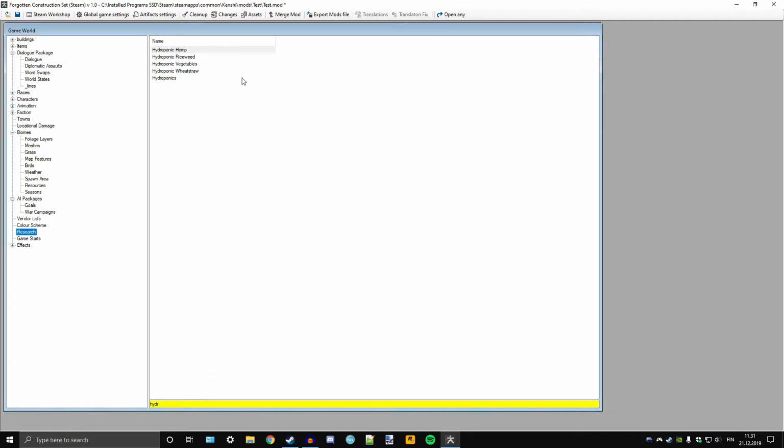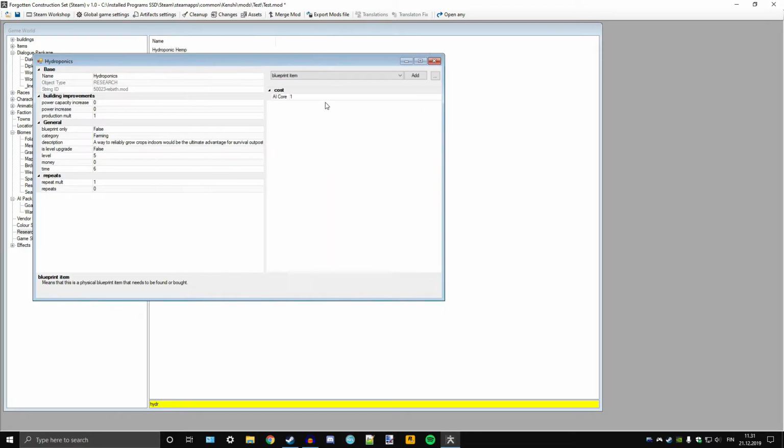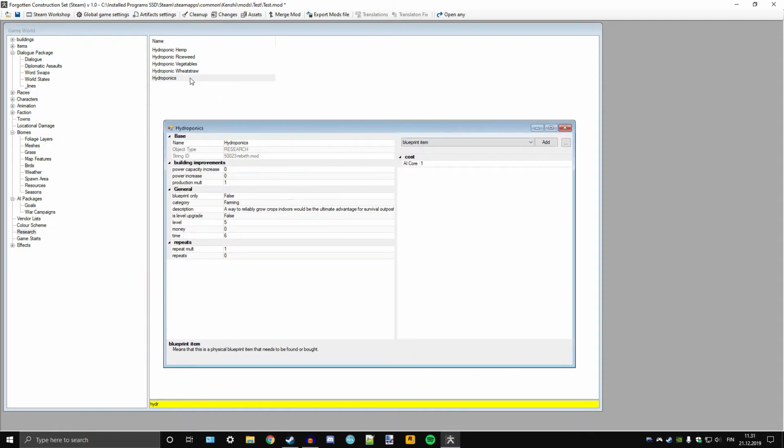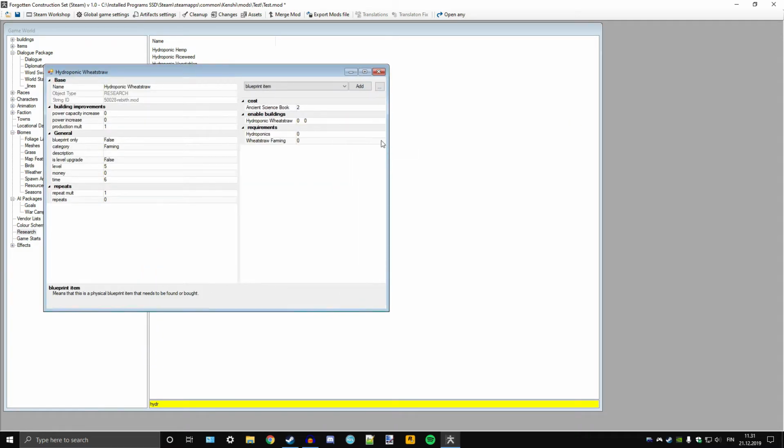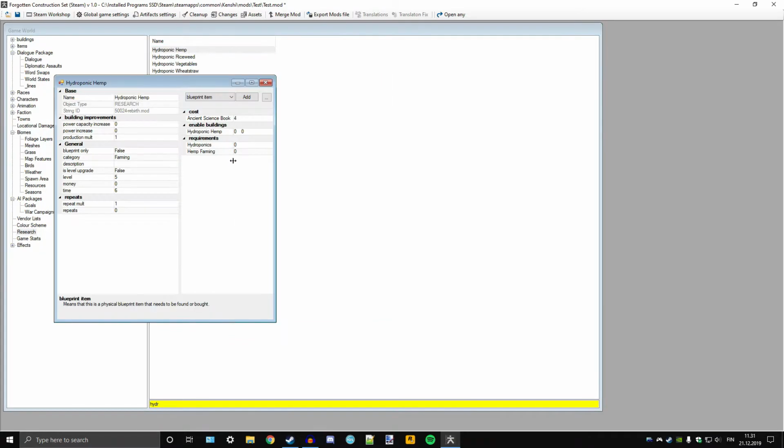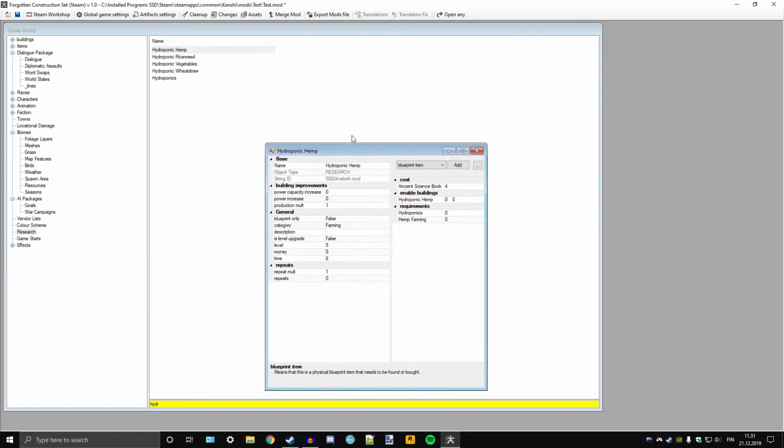if, let's say hydroponic hemp would not be a thing, you go to hydroponics, and for some reason it works like this. So it requires that you know hydroponics. You can do it, I think, the other way around as well, so that this will enable all of these things. It doesn't matter which way you do it, because the result is the same. It's a bit similar with, there's like, the NPC is not command, and then an NPC is command. It's the same thing, but just in reverse, so it doesn't matter which one you use. But